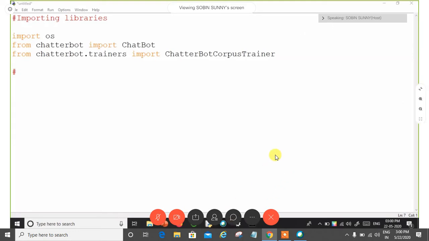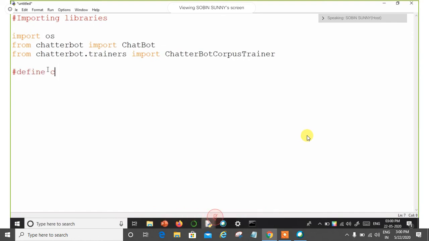Now the next step is to define our chatbot. We have to define the profile of our chatbot. We have to tell who is going to train our chatbot, from where it has to fetch the data, and also what the name of the chatbot is. Everything. So the next thing we are going to do is profile defining. Here I'm using a name like bot. You can use any name.